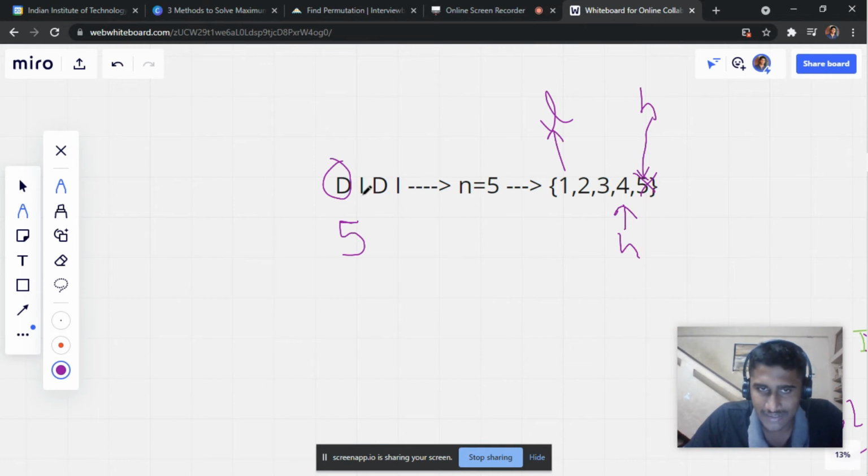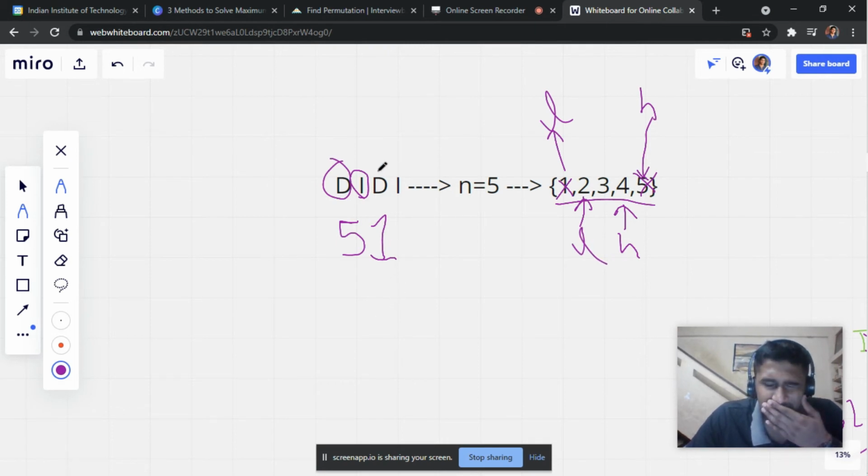So let's see what's the next command. The next command is I. I in the sense it must be increasing. The least number in this array has more scope of increasing, because this is the least element, so it still has a lot of scope to increase. That is why whenever we see I, we will assign the least number here. The least number now is 1. Now 1 is used and of no more use, so the next lowest number is going to be 2.